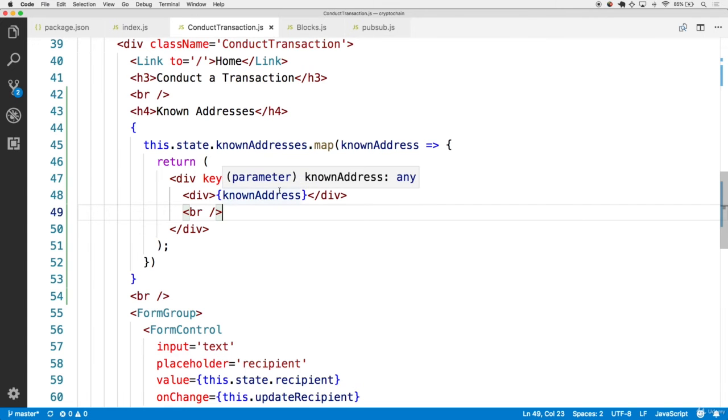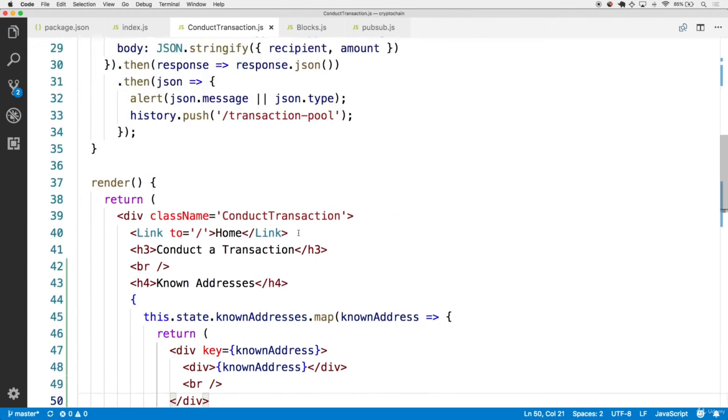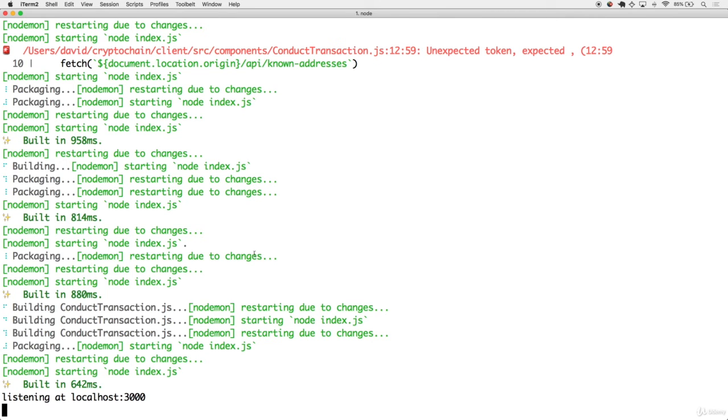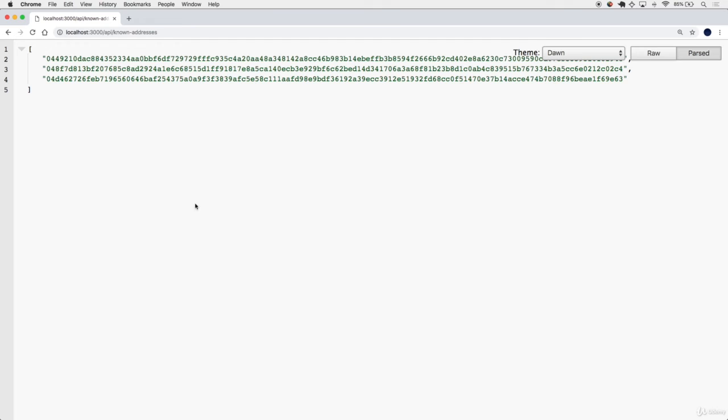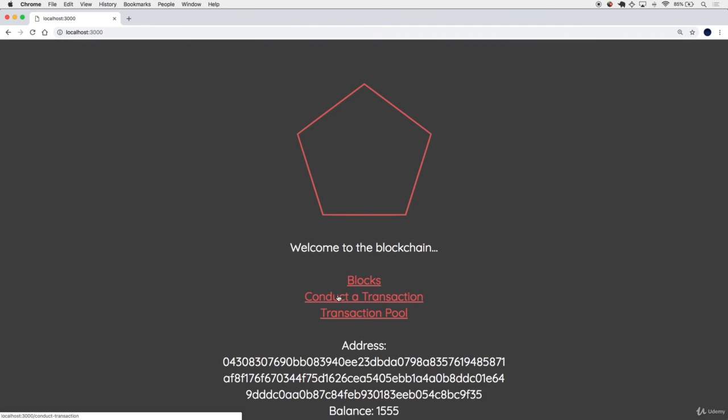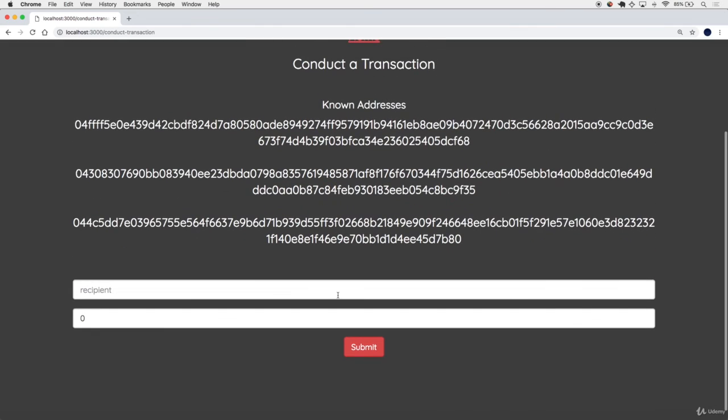All right. Once you have that overall JSX change, as well as a change for the componentDidMount in the state, go ahead and save the file. You'll probably have the application already going in the background, but if not, fire npm run dev. And now in the browser, visit the actual application. And then in the conduct a transaction page, we have this list of known addresses that we can use for